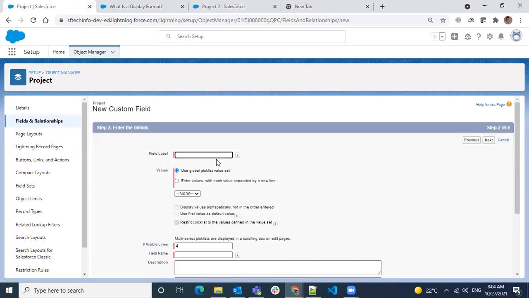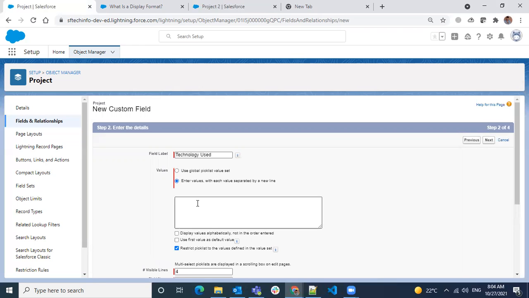This one, let's say technology used. So what technology is used in a project? That means the platform.